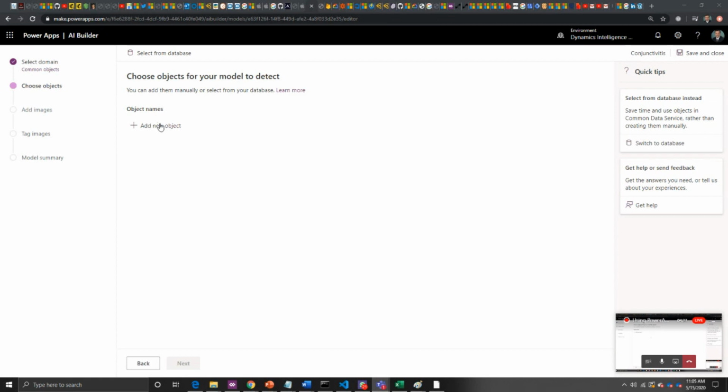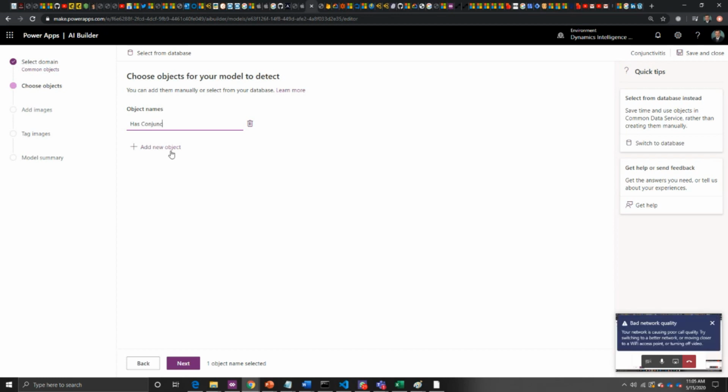What this object is, is what you're going to identify the images as. So what's going to happen is I'm going to upload a series of images. The images are going to be divided into images that demonstrate conjunctivitis, and I am going to have another group of images that's going to display those people that don't have conjunctivitis. And then this object that I'm declaring here is going to identify which one of those images is. So for example, what I want to do is detect the difference between, let's just say, has